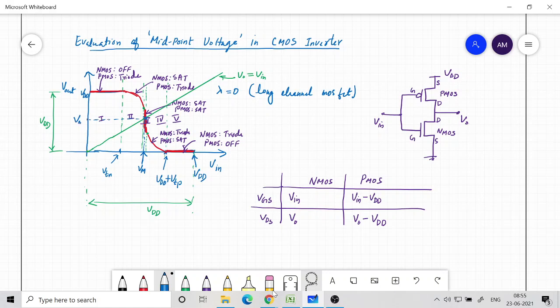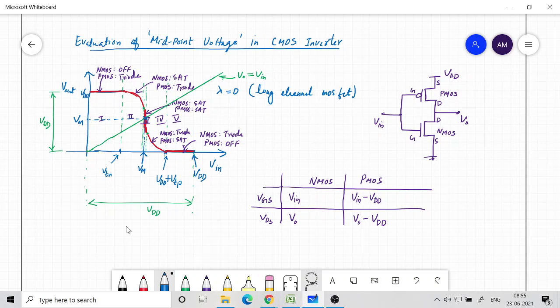If you take the x-axis, if you project into the y-axis, there also it will be Vm, because along this line that we have drawn, V out is equal to V in. Any point here, input and output are the same value, but the inverter will satisfy this condition only at one point. So that point is what we refer to as Vm, or trip-in voltage. We want to find out what is that voltage.